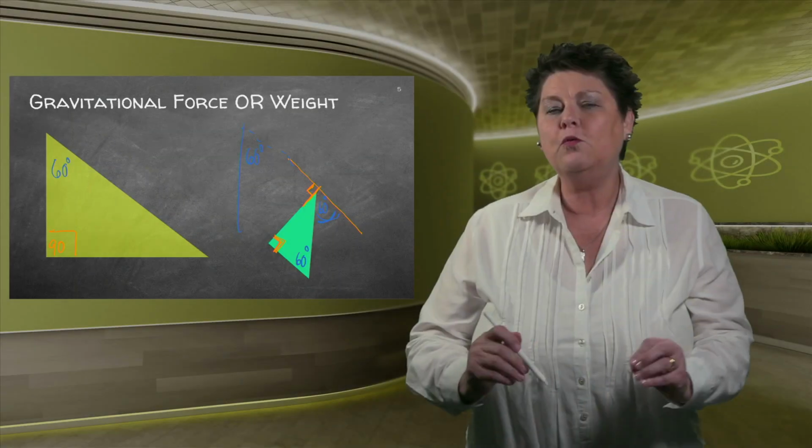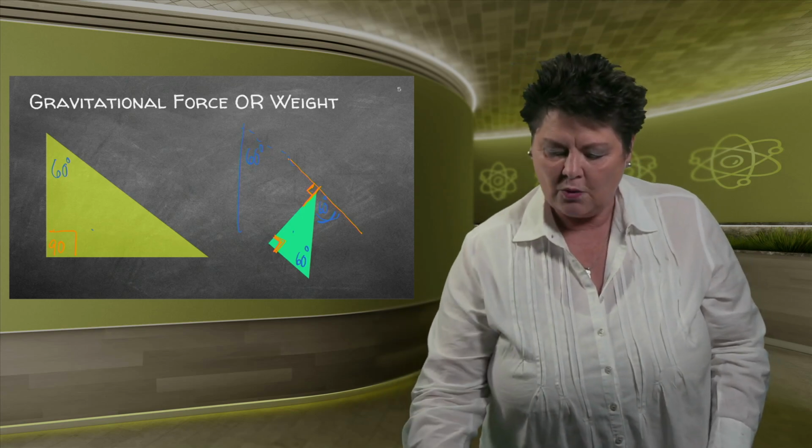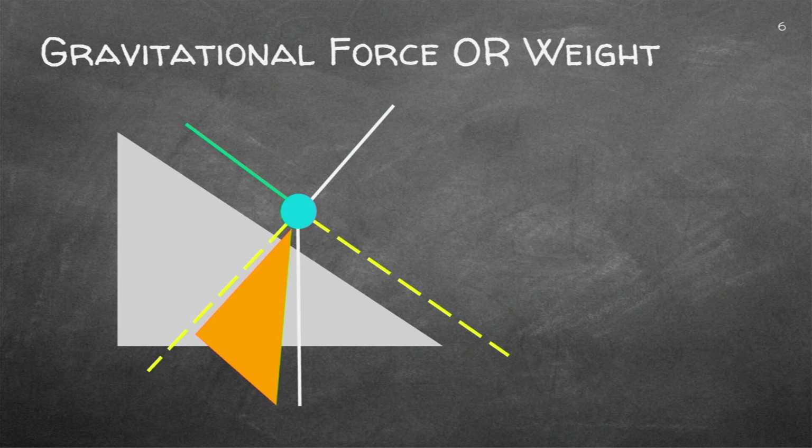Now, you know you work with congruent triangles. So the only remaining angle is the slope, which was 30 degrees. And the only remaining angle in this small triangle is 30 degrees. So what you always have is the inside angles of the small triangle. Let's go back to gravitational forces and the components.